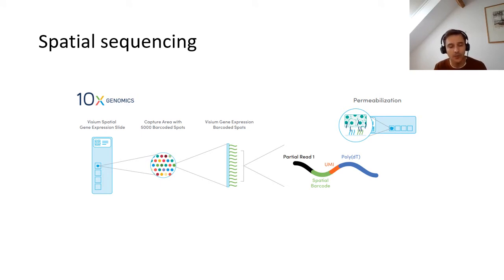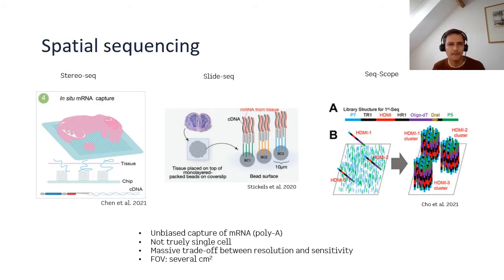So this is not an imaging-based technology, but sequencing-based, and this also increases the throughput. So in this space, you actually have many other competing technologies. For example, you have StereoSeq with resolution in the nanometer scale, very big field of view. You also have SlideSeq, which uses actually beads, a bead array with also these poly-dT oligos attached to that to